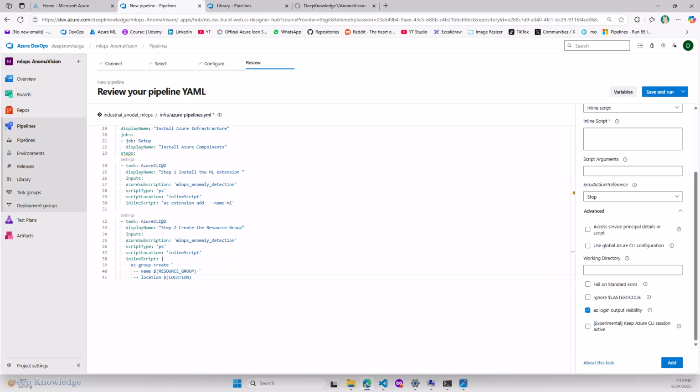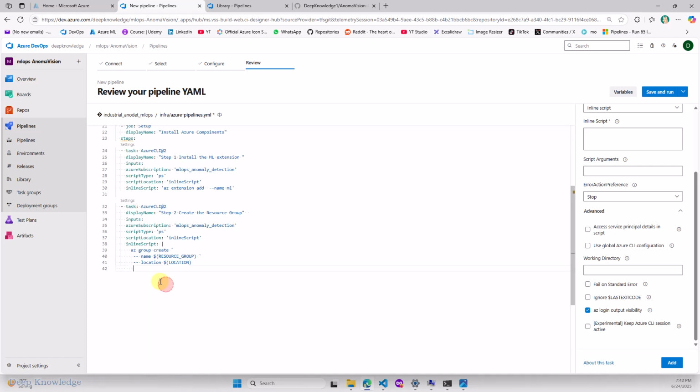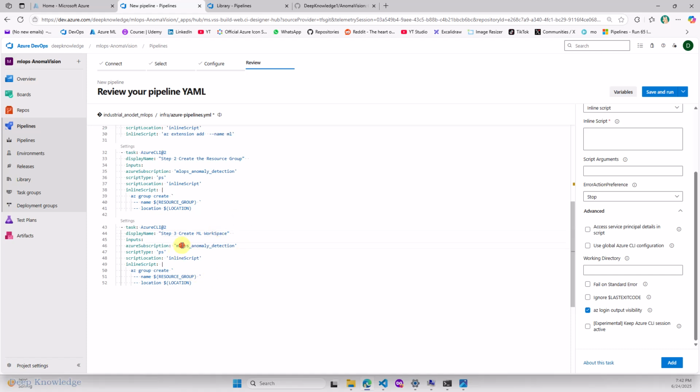And the third component will be the resource, our third one: create machine learning workspace. So we need to create our workspace here. These parameters, this input, will be the same, but here we need to just choose